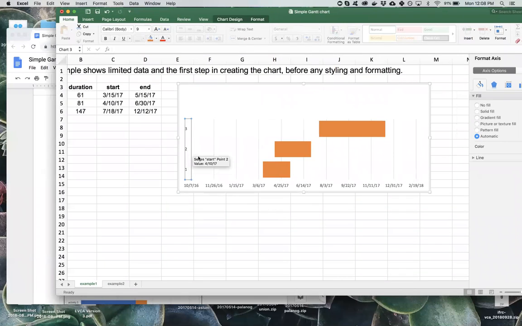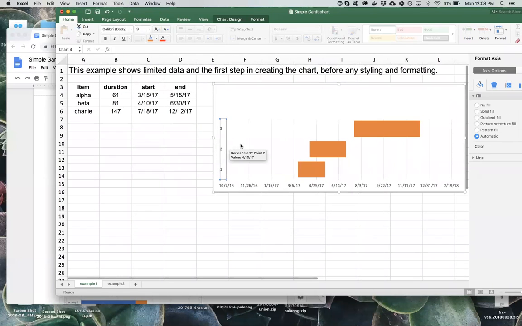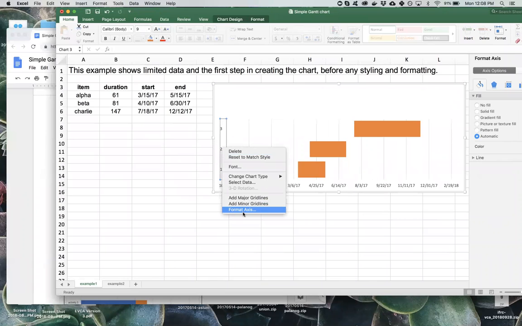You want your event order to match the order of the items. So you'll need to